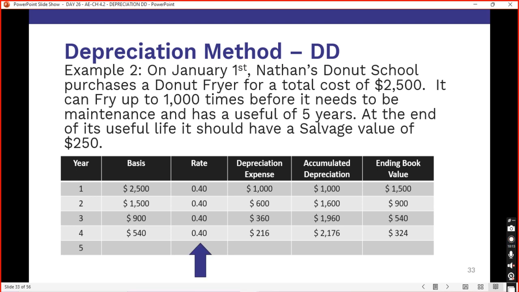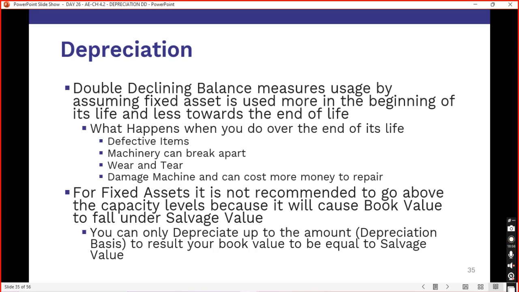What happens? This is what you're going to notice: your ending of the year book values are going to change, which changes your depreciation basis. The only thing that's staying the same is your rate, because your depreciation basis changes and your rate stays the same, therefore your depreciation expense will change. But let's see what happens when we do go for a 5th year. So if we're taking 324,